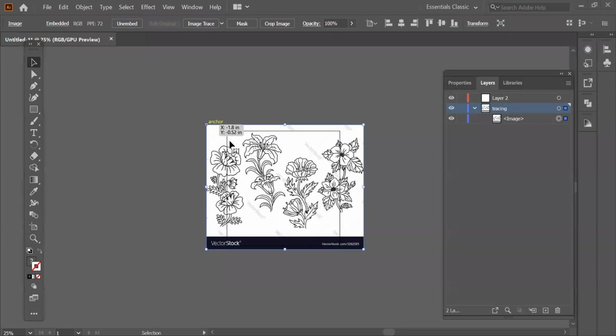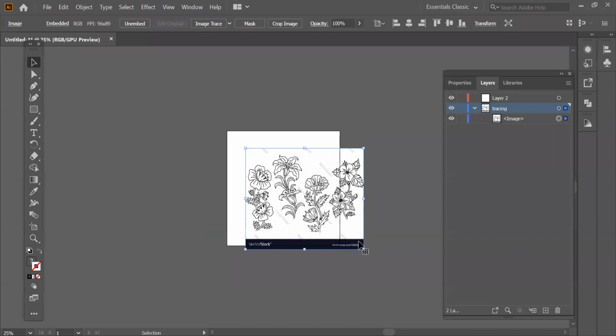Hello. So yesterday we learned how to use the pen tool to create curves, right? But now we have to see how to do the whole thing with the pen tool. Yesterday we only learned how to use it. Now see, I'm just going to make it small.